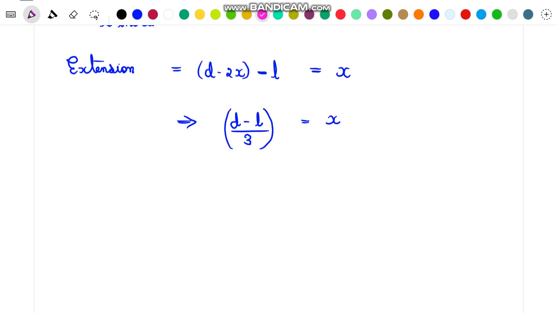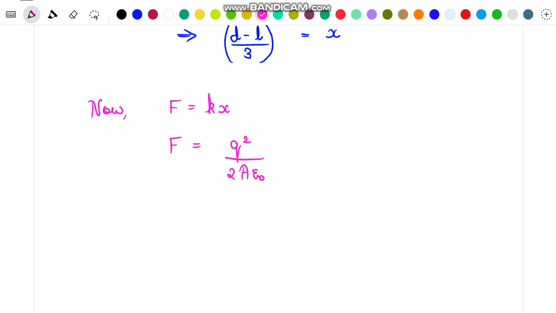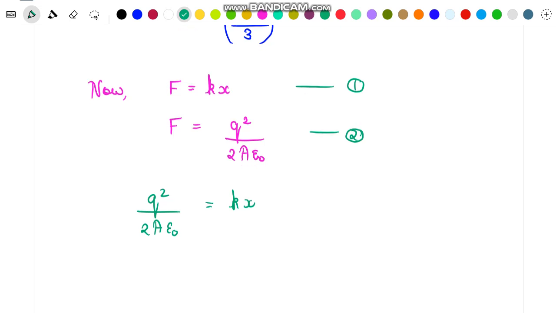Now with the help of this expression we can write the force exerted by the spring as kx, and this force has to be equal to q squared by 2Aε₀, that is the force between the plates of a charged capacitor. So this is the condition for equilibrium. On equating these two forces, that is expression 1 and expression 2, we get q squared by 2Aε₀ equal to kx,